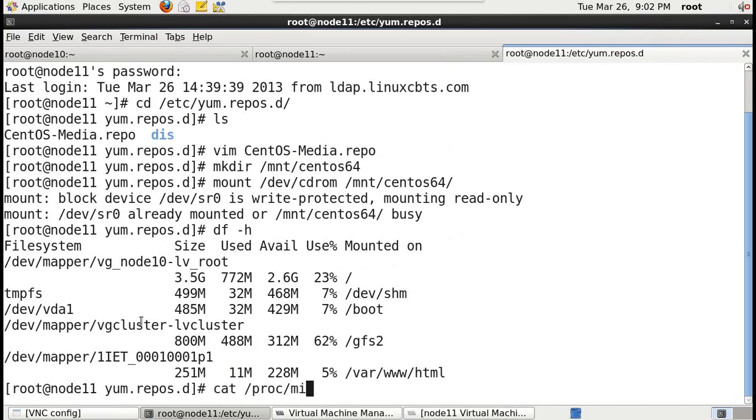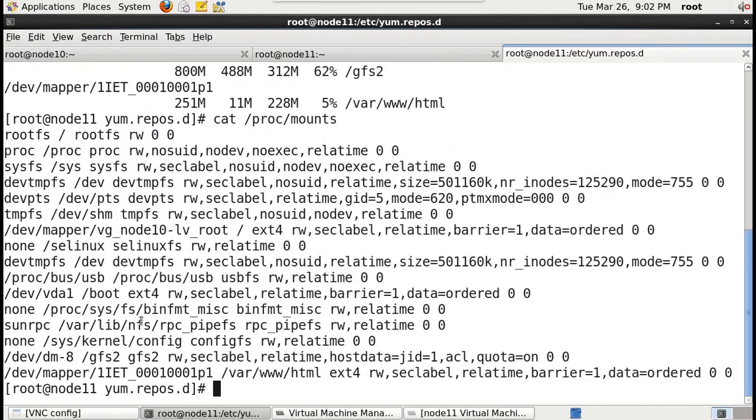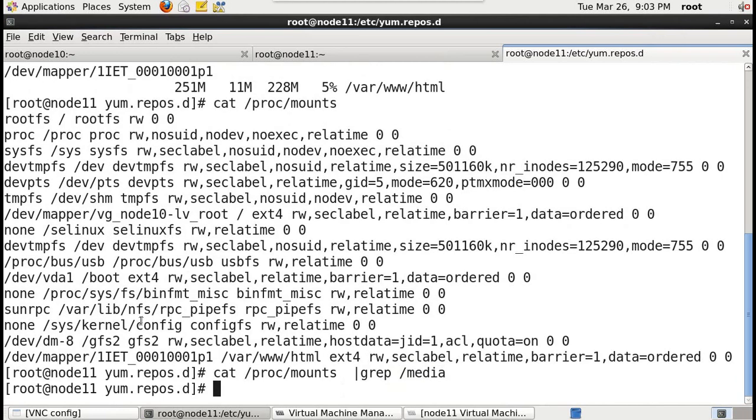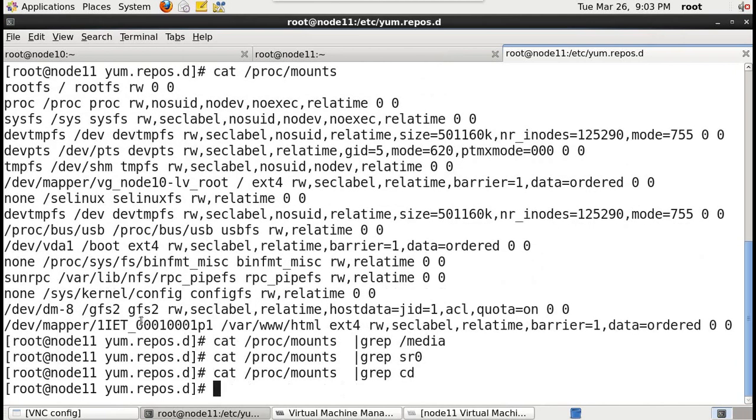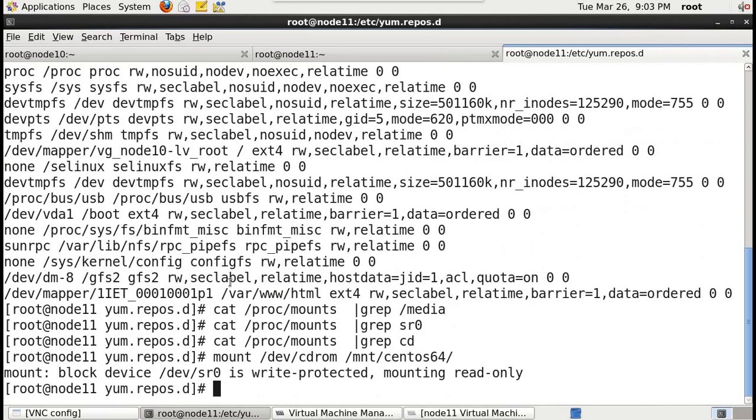cat /proc/mounts | grep media. You cannot see anything. sr0 CD. I cannot see it mounted. Try again. Mount /dev/cdrom /mnt. Yeah, so it's mounted. And now to upgrade, okay,